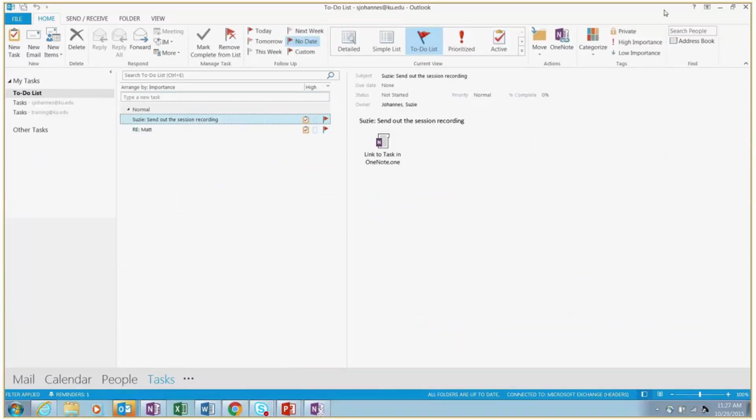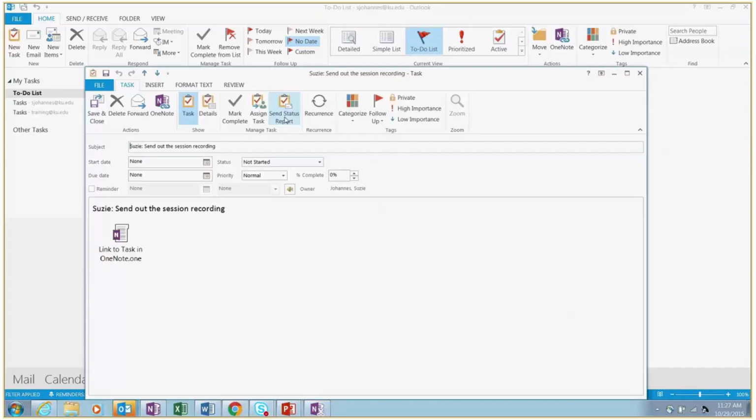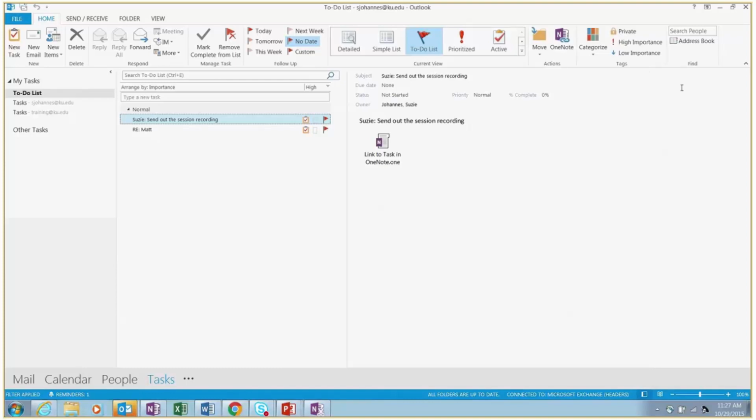The challenge here is if I want to assign this to Tennille, she would have to go in and tag it with Outlook task for it to show up in her Outlook tasks view, or I could open up this task and assign it to her. I don't see a lot of people doing that because it creates an email. So now you have a notebook page with a to-do item that you're probably going to email out anyway. Then you have another email telling her that I'm assigning the task to her. So that's kind of the drawback.